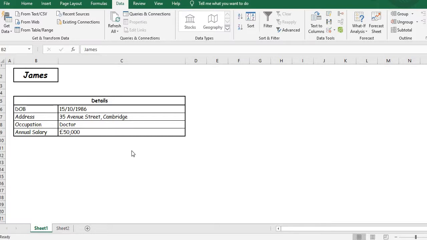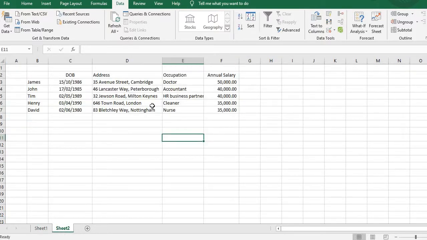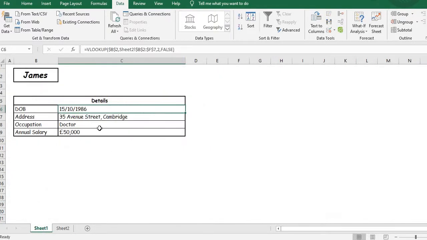So what I've got in this spreadsheet so far is some information within these cells. That information is being linked from this database that we've got here. So I've got names, date of birth, address, occupation, salaries, all completely randomly made up. And what we're doing is summarizing that information onto this front tab. At the moment, we've got formulas in each cell which link back to the other tab, and we